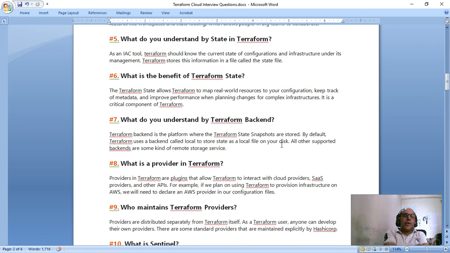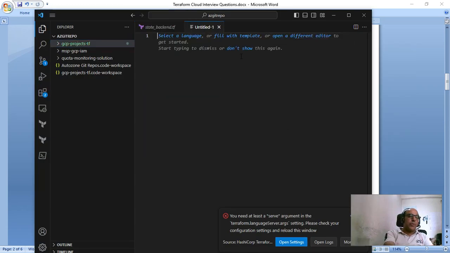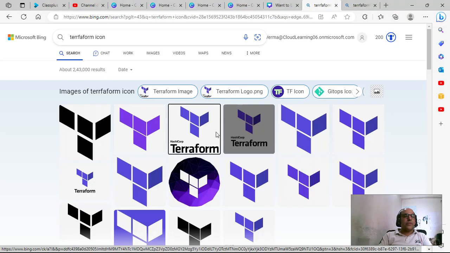What is provider in Terraform? With which provider you need to work, like you are working with AWS. So what you will do? You will create a provider there. Now this would be like something here. And you say AWS. Sorry. Copy the syntax from internet. This is how you can work.